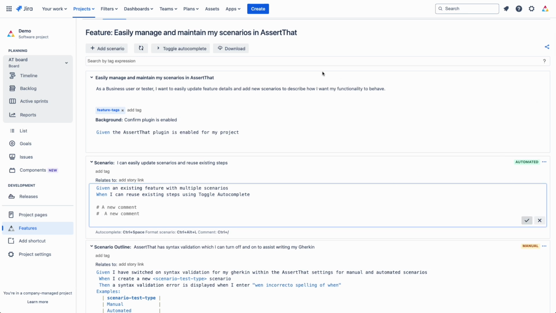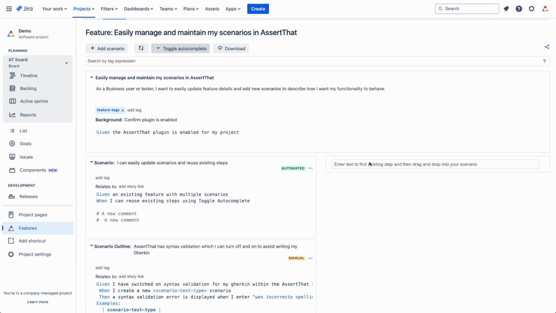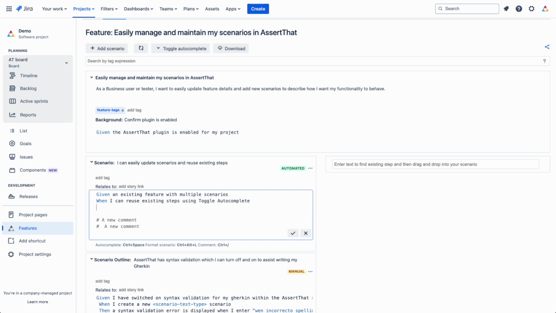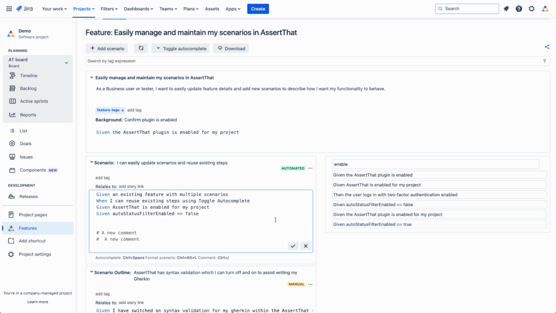Okay. So other options we've got here, we can download just this feature and the scenarios within it. We can also toggle autocomplete. So this is another option if I wanted to reuse existing steps. So let's start typing in a keyword here. And I can then drag steps across like this if I wanted to.